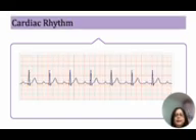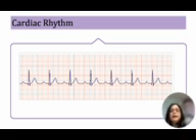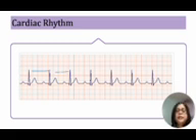All right. So, in this rhythm, we're still on a 6-second strip. Does it look like a sinus rhythm? No, we have to look at it more. All right, let's count. In the 6-second strip we have the large 30 boxes. Our distances from each other are fine. They're all on the same interval.